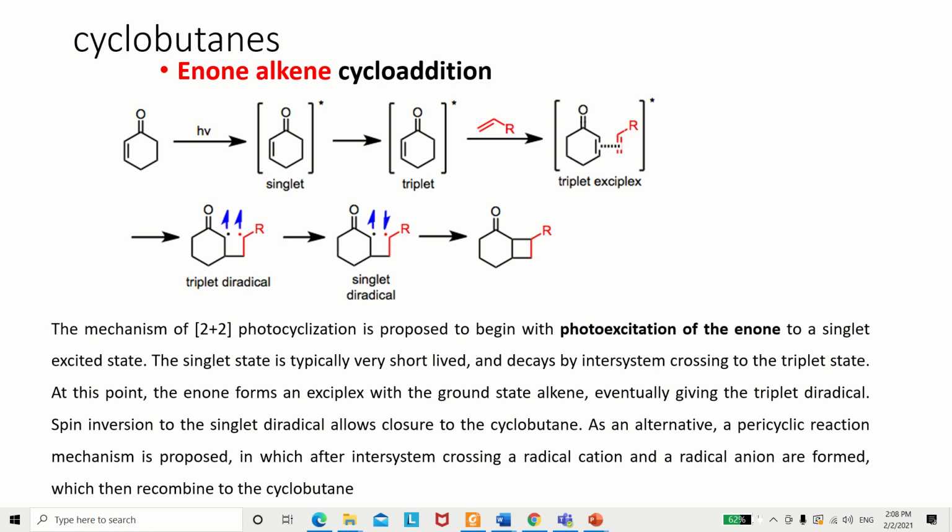Like I said in the beginning, in the Paterno-Buchi reaction, there you see a carbonyl and an alkene photochemically reacted to form a compound like oxetane. But in this case here